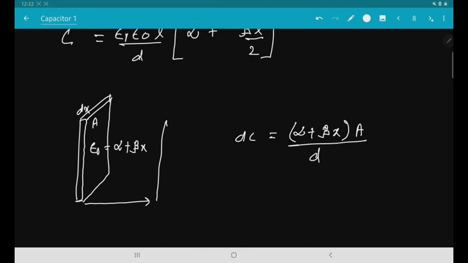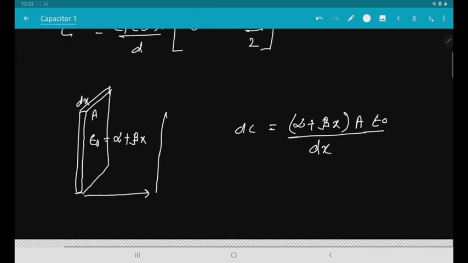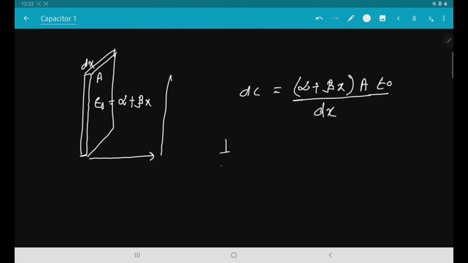This area that we are considering is the area of the plate. When we are moving in the horizontal direction, this area is not changing. What is changing is the x-axis, so we will have to take dx in the denominator, and this will be into epsilon R. But now see, the change is in the horizontal direction, so we will have to take 1 by dC, because the addition in the horizontal direction is in series capacitance, and this integration is going to give us the equivalent capacitance, that is 1 by C. You can carry out this integration and find out the value of the equivalent capacitance.